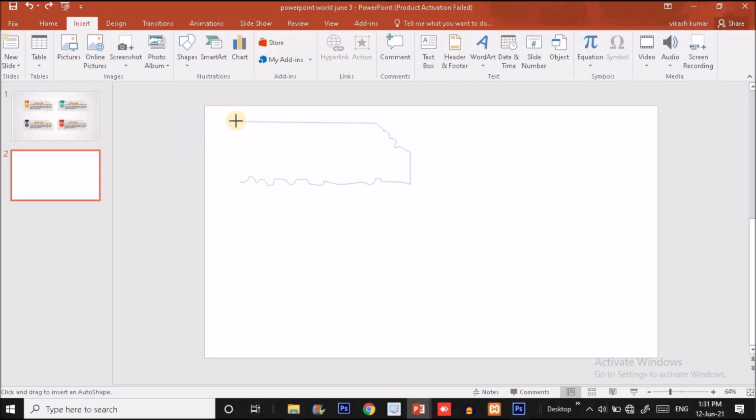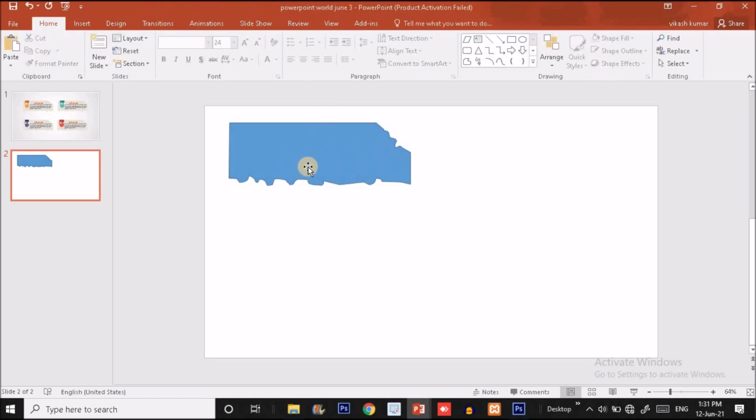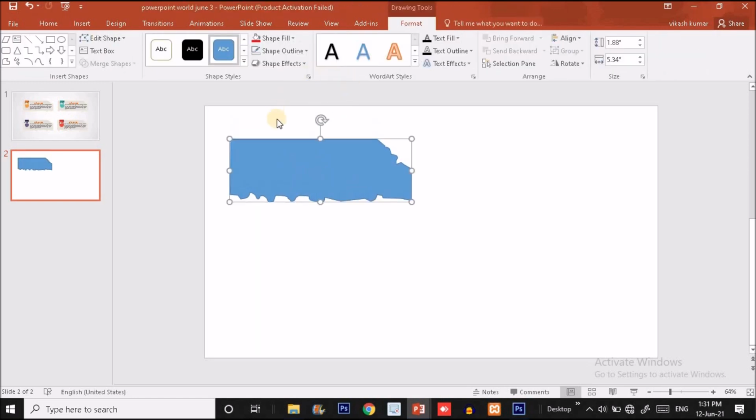Click here, click here, now click, again click at the bottom and match it like this. So this is how the torn paper effect will be created.